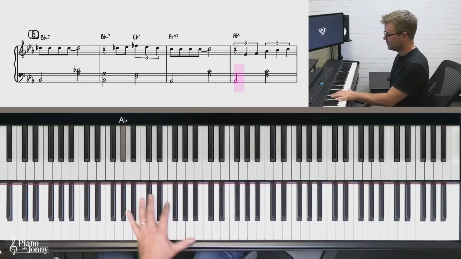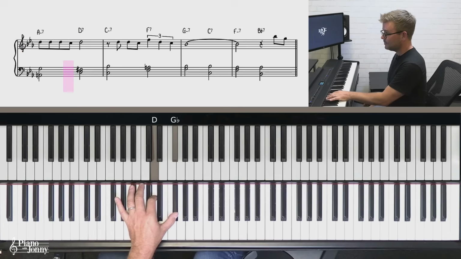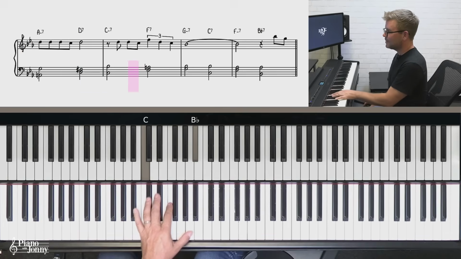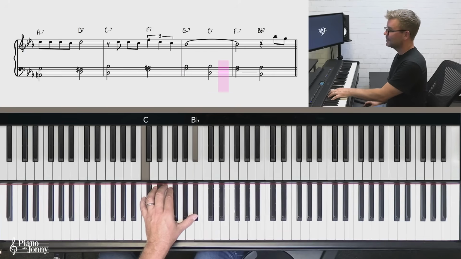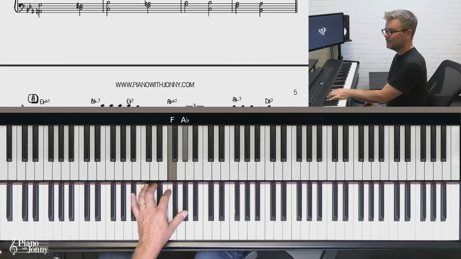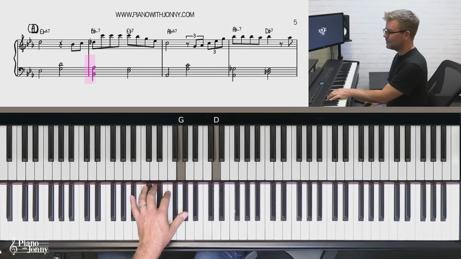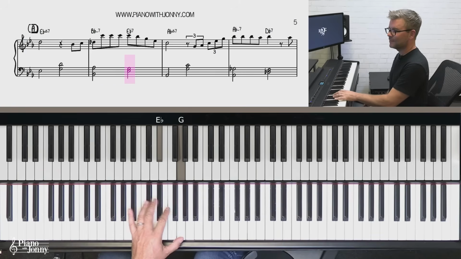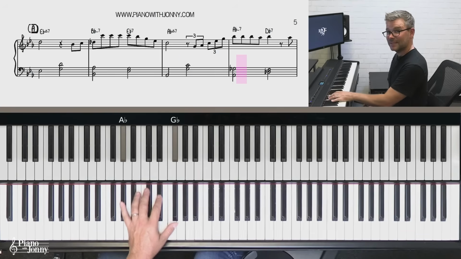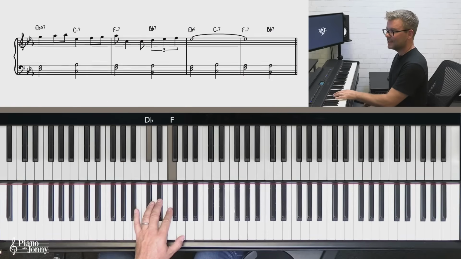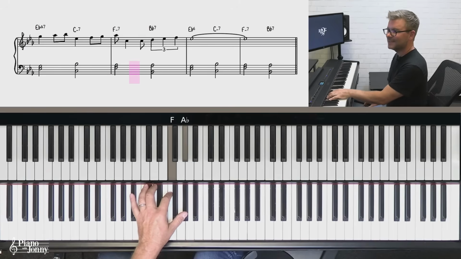A flat 6. Now A minor 7 to D7, C minor 7 to F7, G minor 7, C7, F minor to B flat. Now the last A section, we go E flat, B flat minor 7, E flat 7, A flat major 7, A flat minor 7 to D flat 7, and lastly E flat, C minor 7, F minor 7, E flat